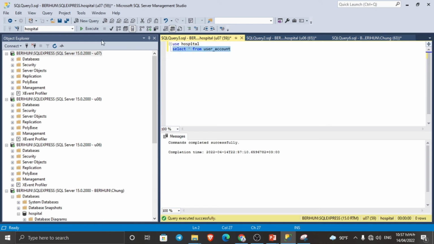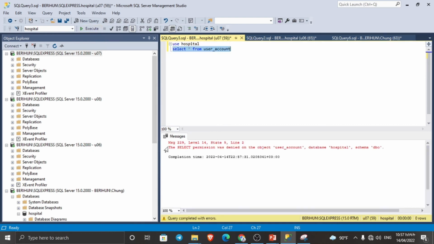When we execute this, there is no permission. Select permission was denied on the object user account. So user 07 cannot read or retrieve data from the table,